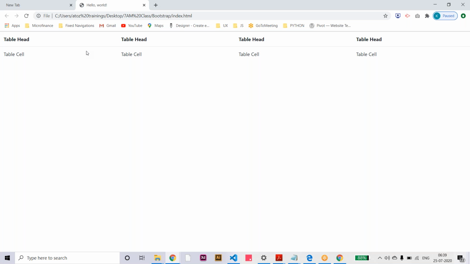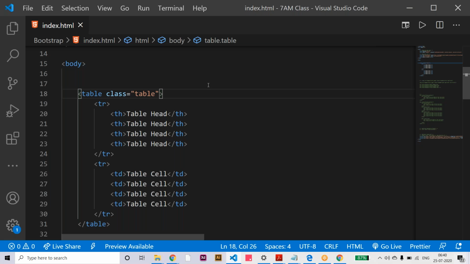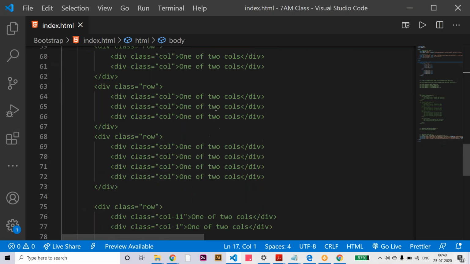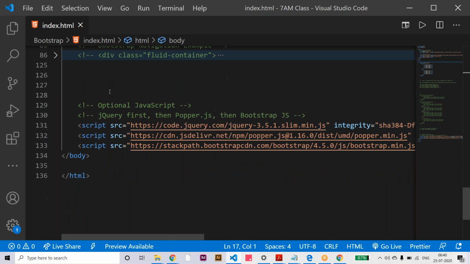In Bootstrap we have thousands of classes, so we cannot remember all of them. Suppose you are creating a component, for example navigation or dropdown, or some carousel, or forms related, image related. First you need to check all the classes for that particular component. Let's say navigation. Let me show you that. Where is the navigation? Yeah, here.